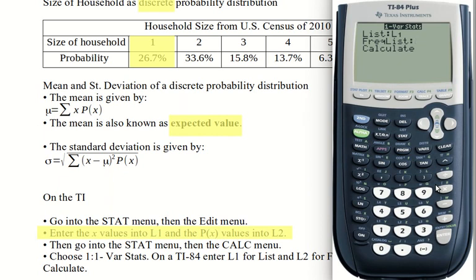So look at your calculator and look right above the 2 on your calculator, and in blue you'll see L2. Blue means that I have to press the second key and then 2 to get L2. Then I'm going to enter to calculate, and it tells me everything I could possibly wish to know. The x bar, the mean, is 2.52. The standard deviation is